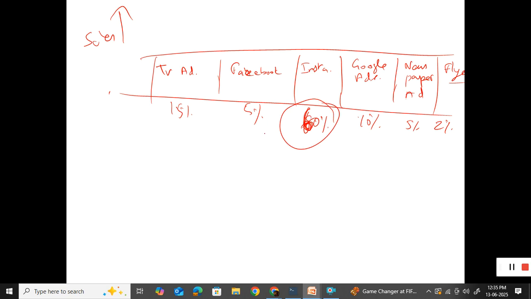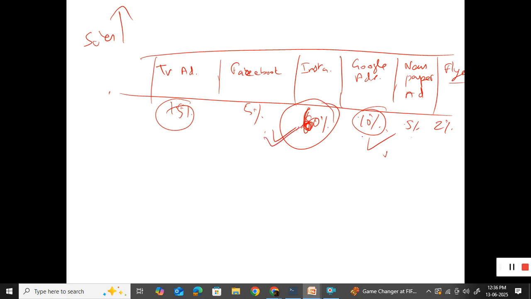If I know this, what am I going to do now? If I know this very well, what I can do is, for example, I am spending let's say 15 percentage on television ad and 10 percentage on others. So the next question is, okay, fine, 15 percentage of the revenue contribution comes from television ad, and the next one is how much we are spending in TV ad and Google ad. Let's say in the Google ad you are spending more, but only 10 percentage of the contribution is coming from your Google ad. That means only 10 percentage of conversion is happening compared to Instagram, right?